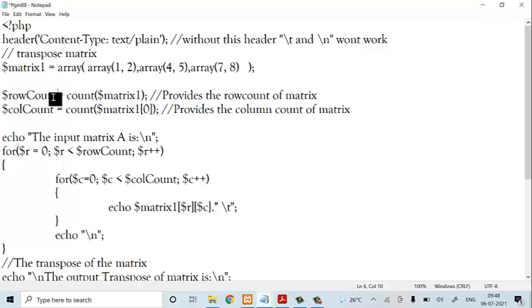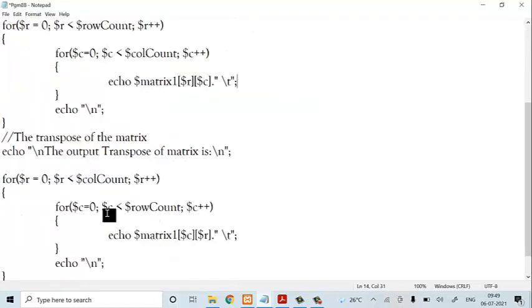The row count is stored in the row count variable, and the column count is stored in the $col count. Now echo: the input matrix A is. These are the actual values we have stored, and we are printing them on the console window. $r is equal to 0, less than count, $r++. This is your column count. We are taking the values and printing them on the console. That's it.